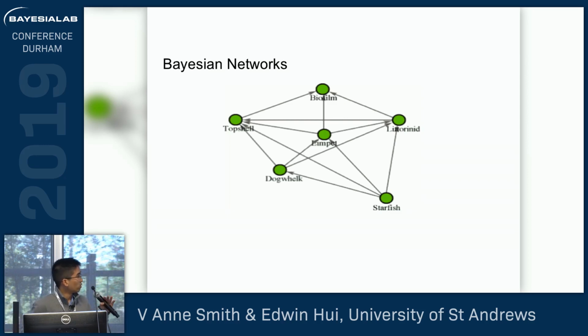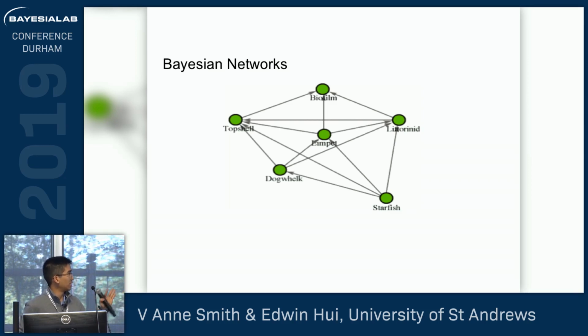On the bottom, the dogwhelks and the starfish, those are predators. In the middle, you have the top-shelled limpet and the littorinids. Those are the grazers. And obviously, the predators will prey on the grazers. And on top, you have the algae. That's the microalgae that hangs out on the surface of the rock.